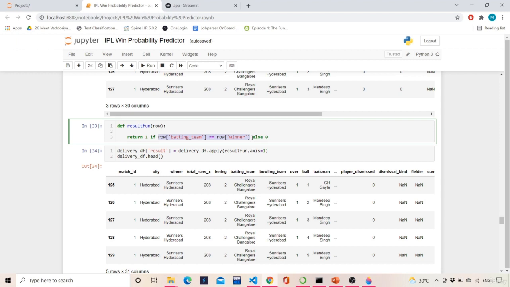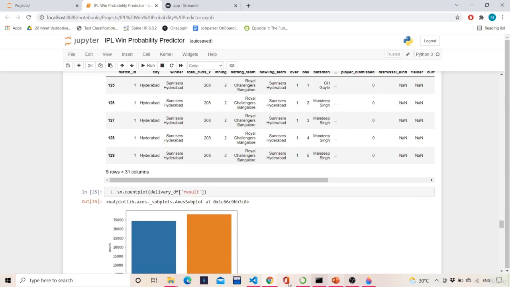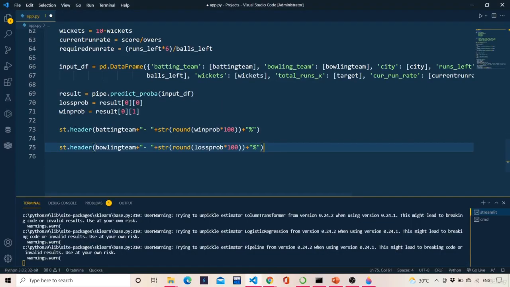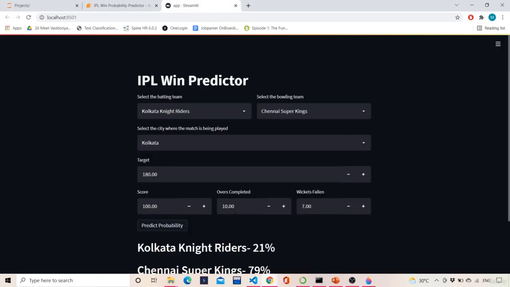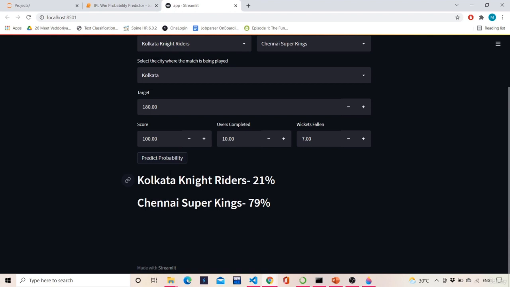Basically there are two teams now. In the first innings, one team will bat and the other team will bowl. In the second innings, the other team will chase the runs which the first team has batted and scored. On that kind of model, this entire thing is made. So we will be writing the batting team result and the bowling team result in the form of probabilities, and the result will be something like this. If I just execute this, it will rerun, and again I'll get the same kind of result.